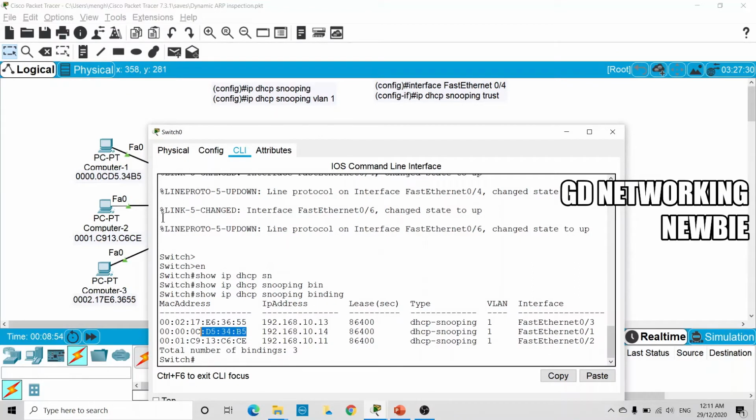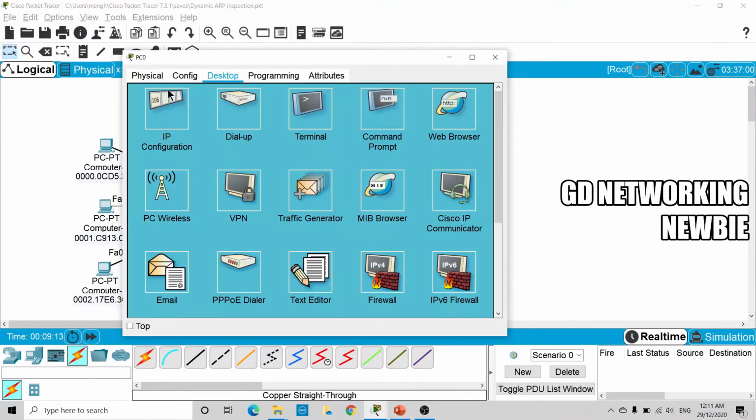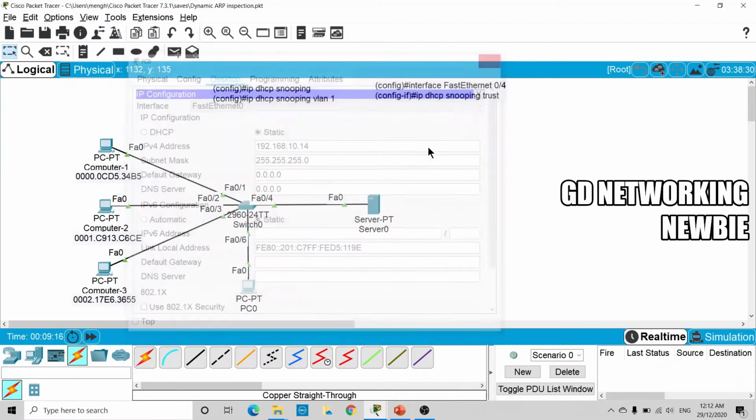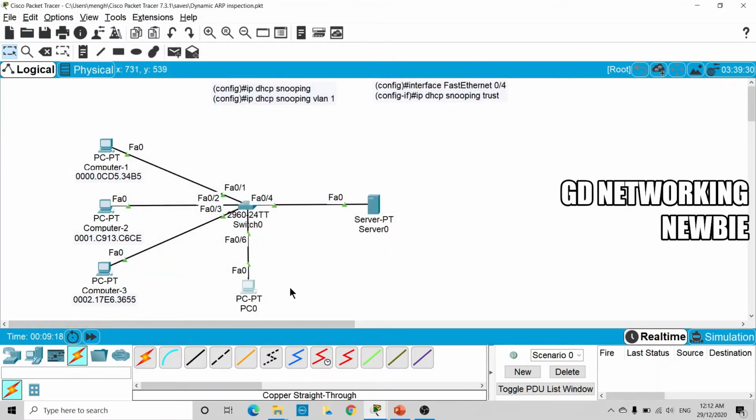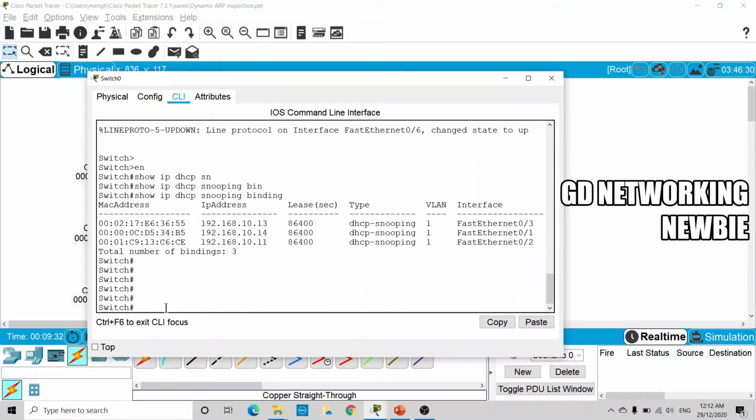So for example, at this time it says 34B5, so this is the MAC address. The computer having this MAC address has been assigned this IP address. But this other computer, even though his MAC address is different, is able to use that one. If we assign an IP address, for example this one, .14, even though he has a different MAC address, he is able to use it. So we want to restrict that, and for that we use the ARP inspection feature, and we are going to configure this switch to enable it.